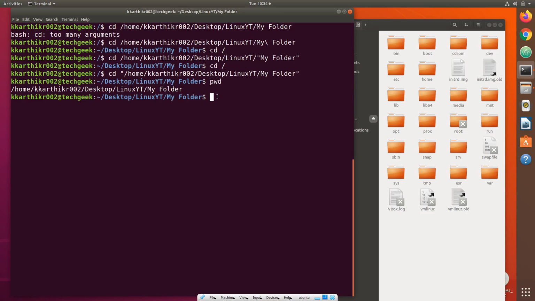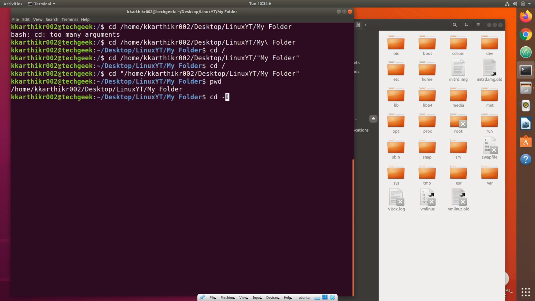To go to the previous folder we were in, just type cd hyphen. What it does is it changes our directory to our last working directory. We were working in root directory before, then we changed to my folder directory.